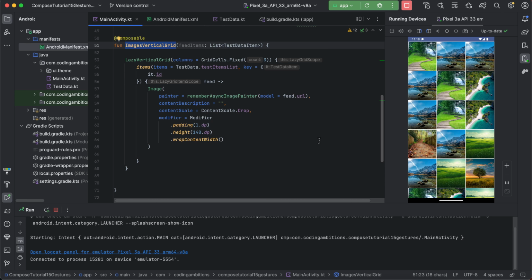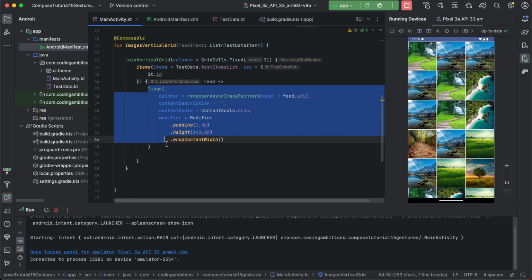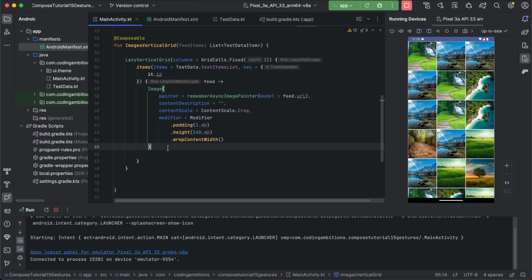So let's say first of all we will try to use the low level pointer event here if we want to, just for example. But there is an idiom in programming terms: why reinvent the wheel? So why should we waste time creating things which have already been implemented, right? So we will not be using that in our implementations in professional work, but just for understanding I'll be using that. So just for example,